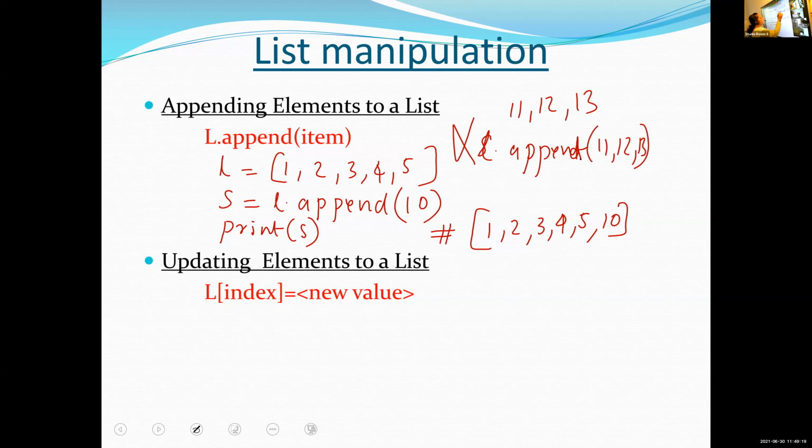If we want to add more than one value, we have to execute the append function many times. If you want to add 3 values, we have to use 3 append functions. We cannot write like this, 11, 12, 13. It's a wrong statement. Is it clear, Achyut?